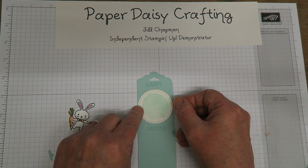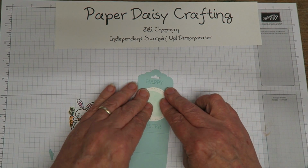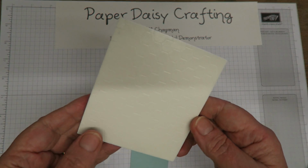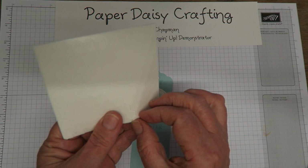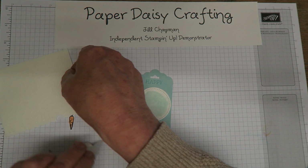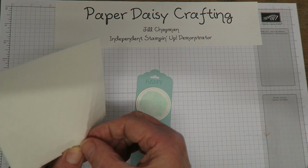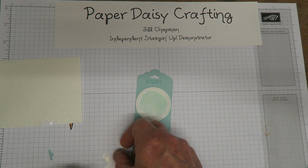And then on the bunny and the carrot, I'm actually going to use dimensionals to make them stand out a little bit. What I've actually done is cut some of the border, because otherwise some of the dimensionals are quite big. So I've just cut some of the border so that they will fit on some of the little places that I want to stick down. So they will fit on his ears like this,